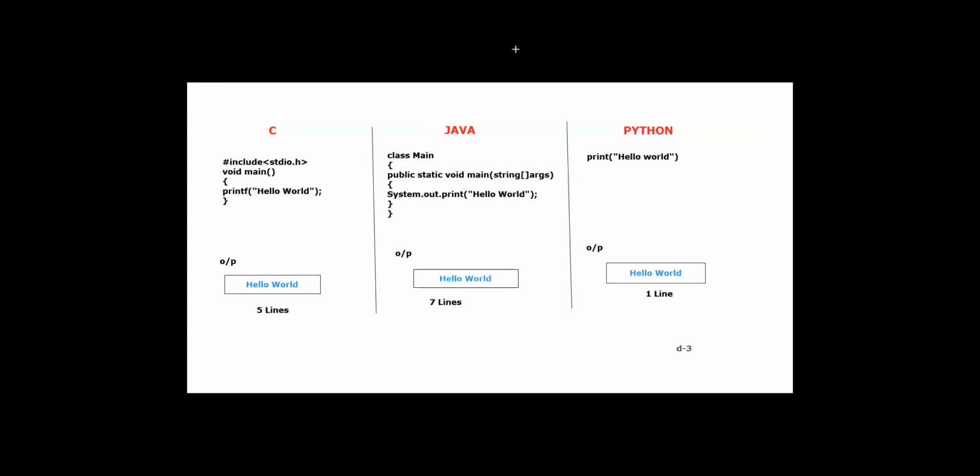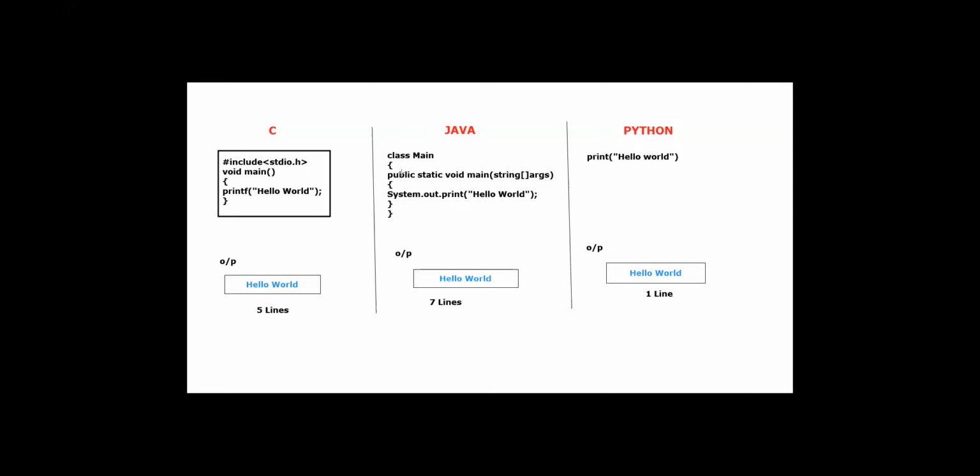When it comes to the C programming language, observe properly. If you want to print something in C, you have to write the main method, use printf, close the brackets, use the semicolon, and write #include <stdio.h>. After writing 5 lines of code, you'll get hello world if you execute this in any editor. Yes or no? See here, 5 lines of code is there. These 5 lines of code are what you have to execute to get the output, and that too in the C programming language.